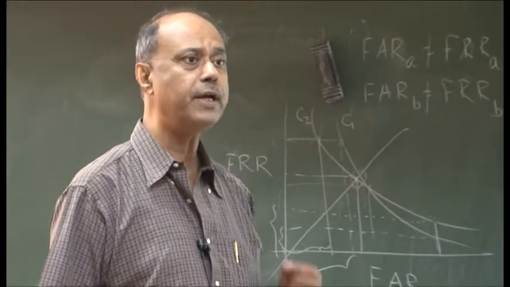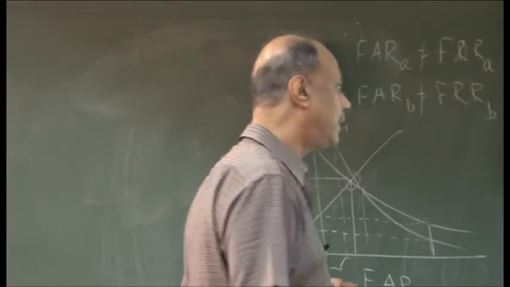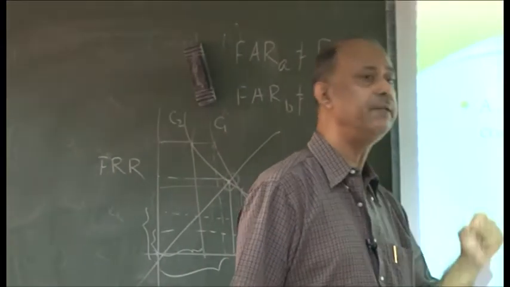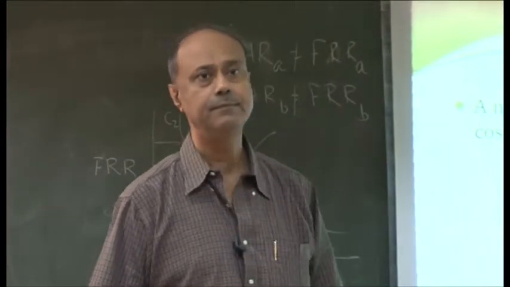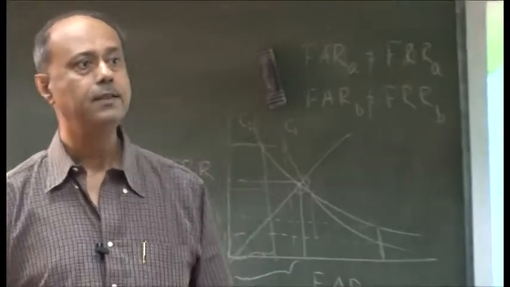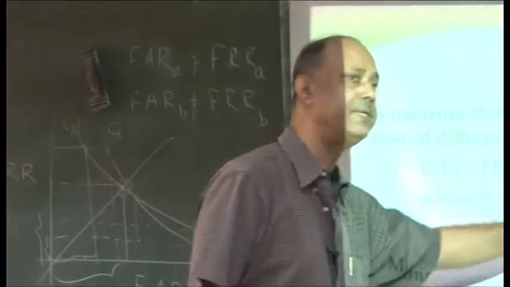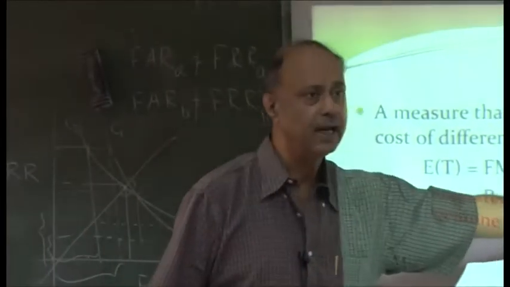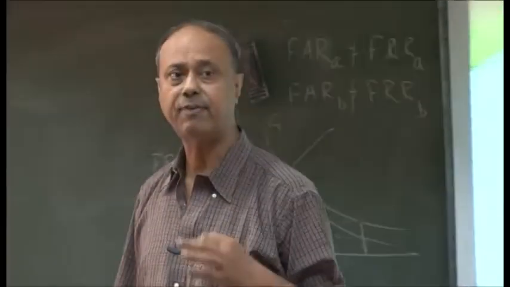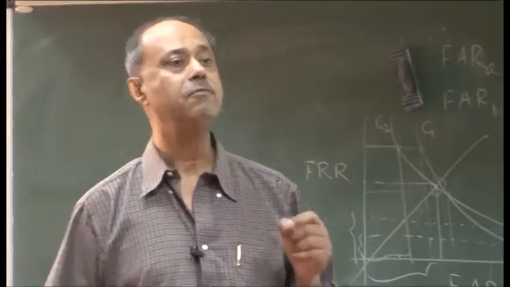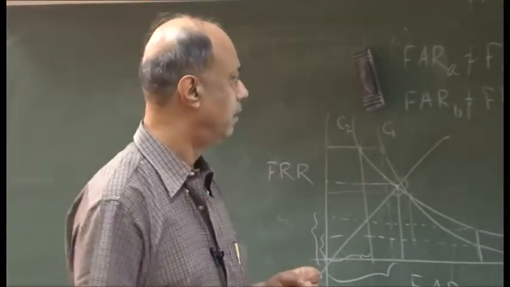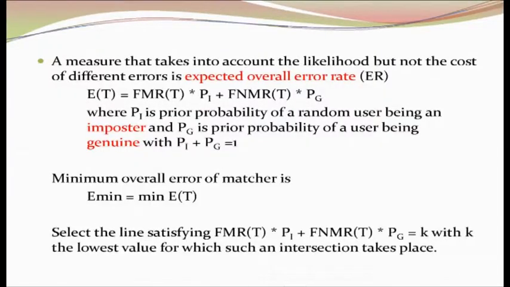Now your aim is to get such a t such that this is minimum, right. So you can draw the conclusion that if I know P imposter and PG, and I know both rates at different threshold values, I can find out the minimum value of E(t). That is your minimum expected error rate,